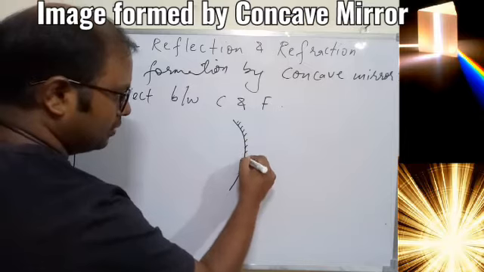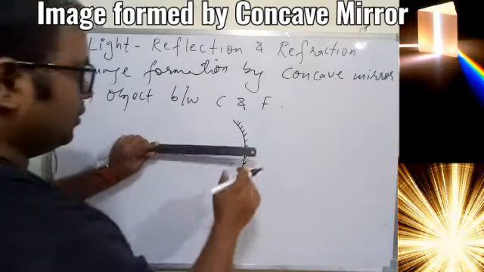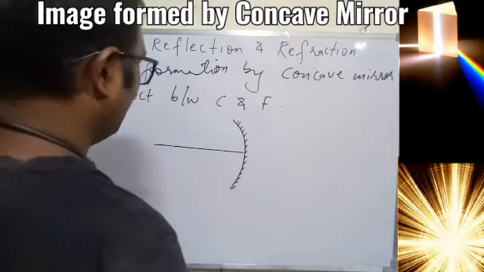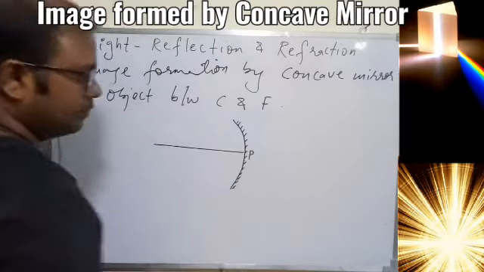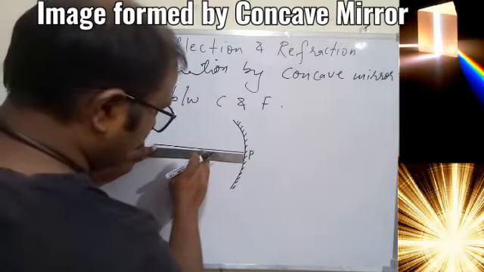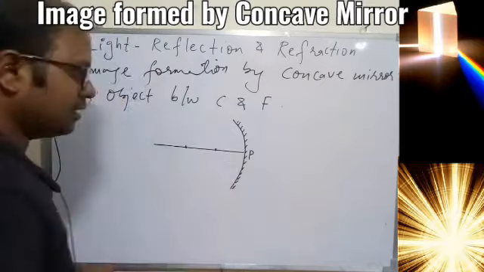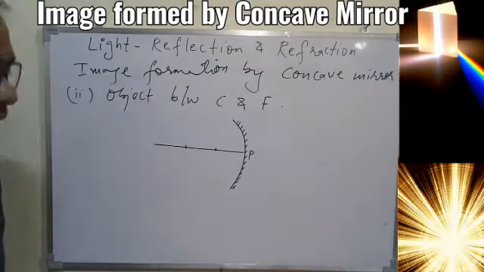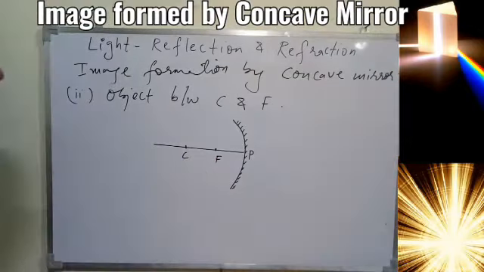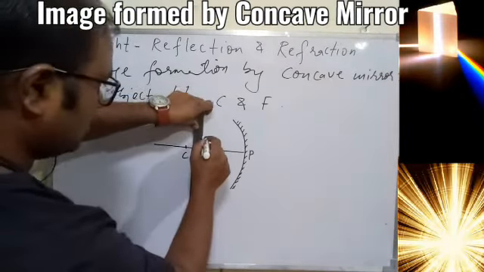Again draw the concave mirror in a proper way, and draw the principal axis, a straight line without any overwriting, P. Let's again take the same distance, equal gap. This is very important, otherwise your characteristics will not be correct sometimes. Take care. This is your F, this is your C, and now according to the question, the object has to be placed between C and F. So C and F is this, anywhere in front, in between this you can place it.